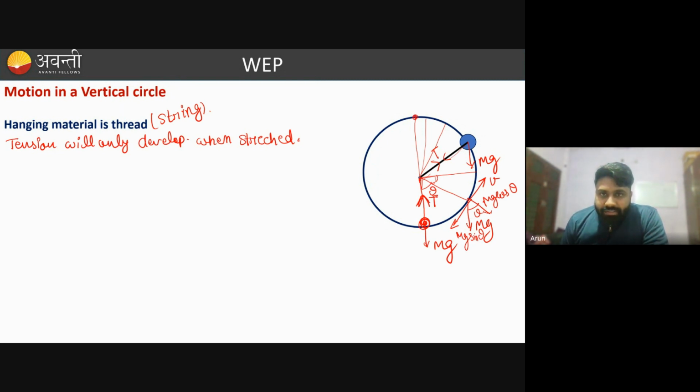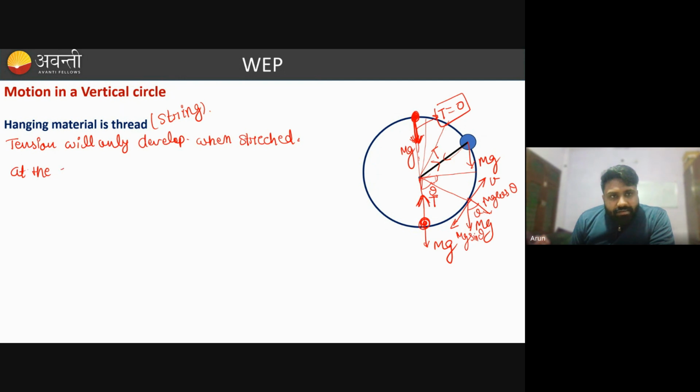If you see this point at the topmost point, the mg will be directed in the direction of the tension. So at the highest point, this mg tries to compress the thread, and we know that the tension will only develop when it is stretched. So in this case, the tension here would be 0. There would be no tension in that case. So at the highest point,